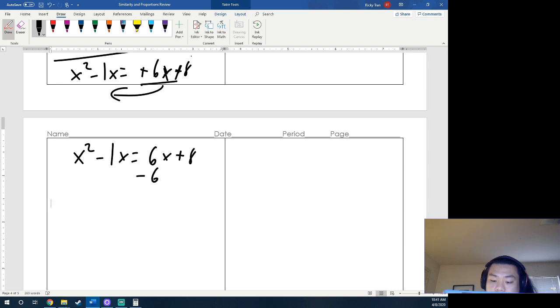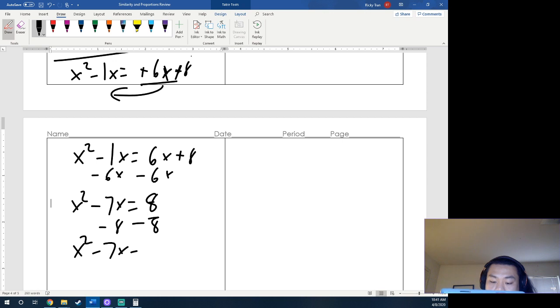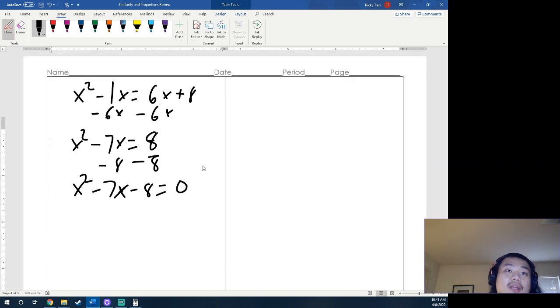So I'm just going to subtract 6x. We have x squared minus 7x is equal to 8. And then subtract 8 from both sides. So it's actually going to be x squared minus 7x minus 8 is equal to 0. And the way you're actually doing this,